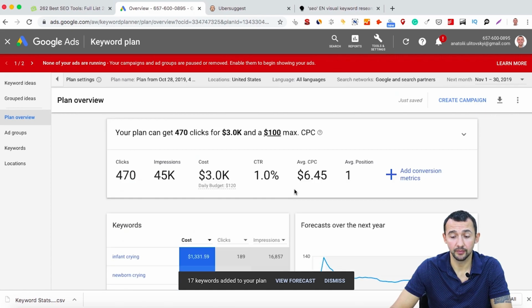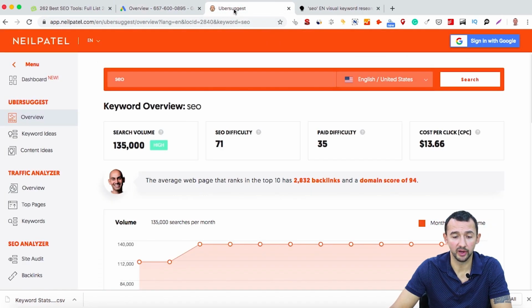And for example, if we compare this tool with Ubersuggest, I think Neil Patel bought this tool for $120,000, and today he invests even more to develop it.